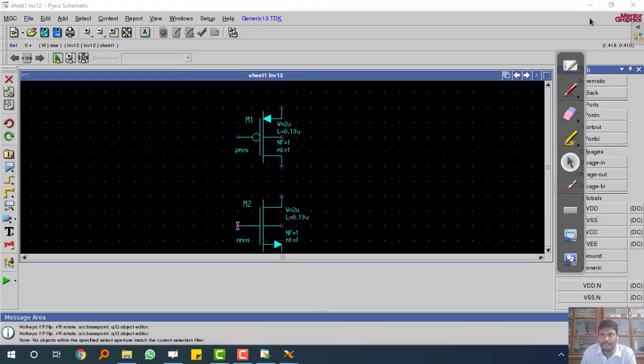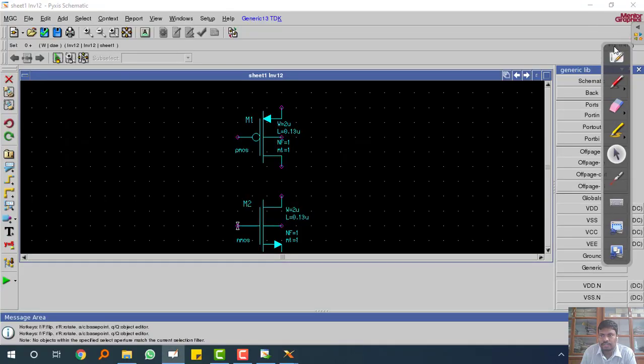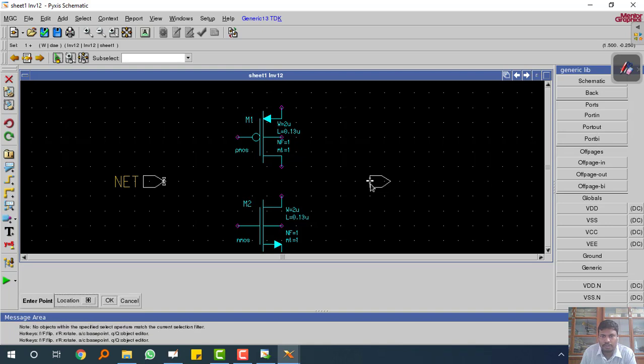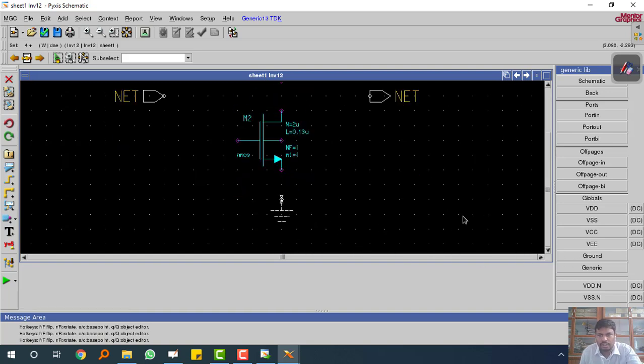In this generic library we are having VDD, ground, inputs, port in and port out. Now I have one port in and one port out, and also I will be taking VDD and ground.